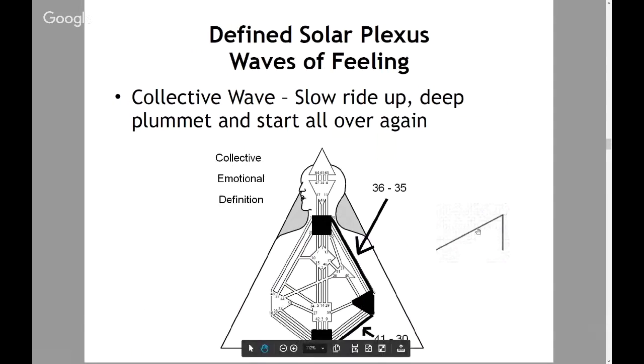The collective emotional wave is located in the 41-30, which is the bottom outer channel connecting the brown square at the bottom and the brown triangle on the right, or the 35-36, which is the outer channel connecting the brown triangle to the brown throat center. If you have either one of these two channels, and again, it has to be the whole channel colored in,